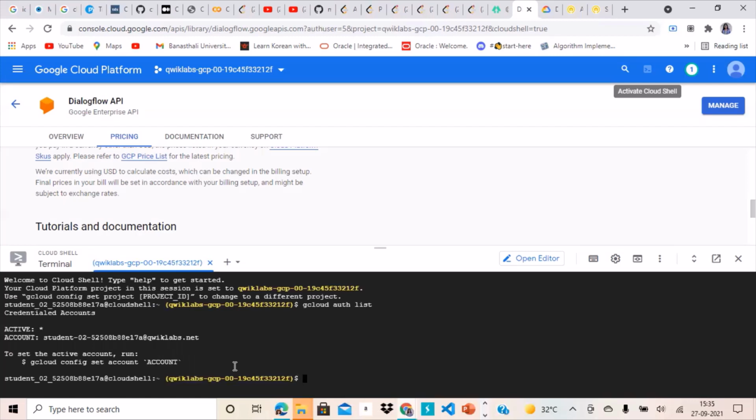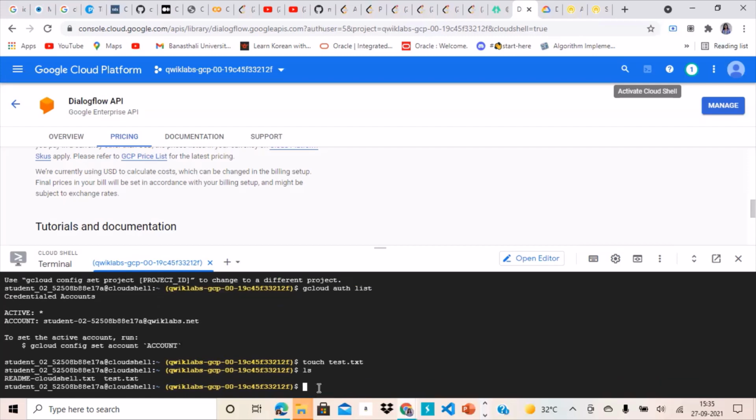The next thing is you need to perform another simple command that you must have also used earlier in the CLI, that is touch test.txt. So we are creating a file test.txt, following the touch command. The next command that we can try over here is ls. What does ls do? ls lists all the files in our current directory, right?